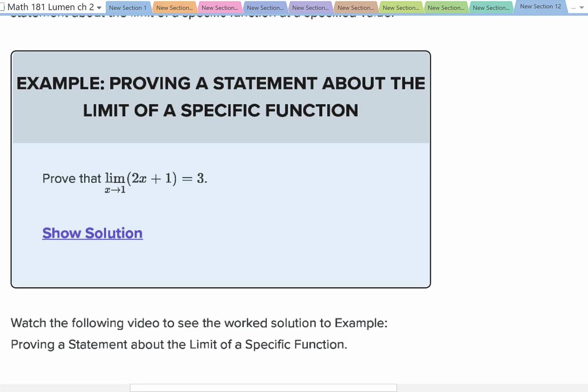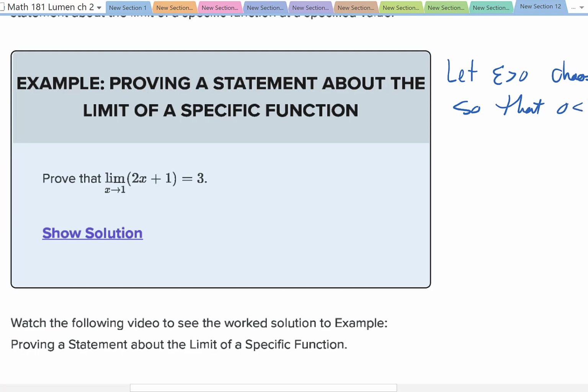So we start off with this. Now I'm going to start writing something, and then we're going to step aside and do some scratch work, what I literally call scratch work, where we can come up with the work behind the scenes to get us to finish off our definition. So we have let epsilon be greater than 0. That's a standard start to this. We're going to choose delta equal to something so that